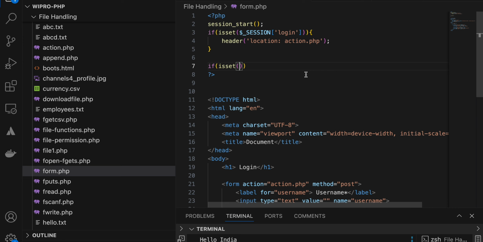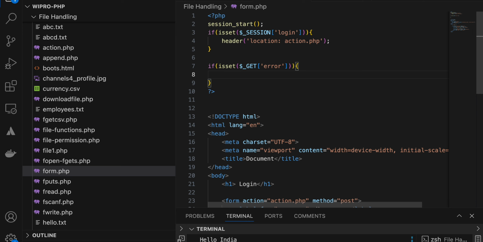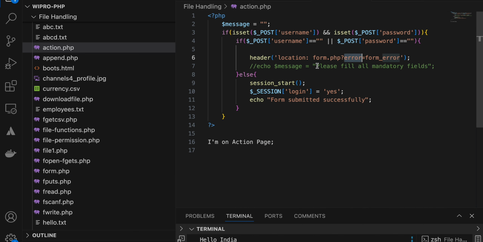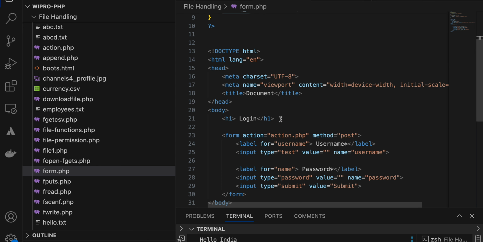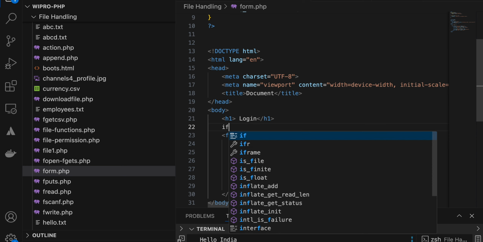So $_GET, then put this. If I set $message equal to "please fill mandatory field", and here I'm typing if